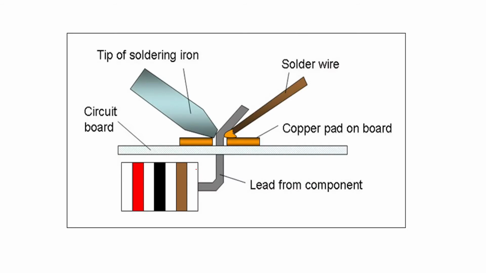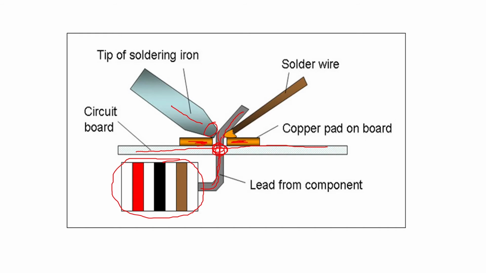Okay. So here again we have shown the tip of the soldering iron. So this is your soldering iron, and here you can see the tip of the soldering iron. These are the two things which you have to join, and here you can have a lead of the component. Now this is your component. Okay. Now here we have shown a component, and then here is your circuit board. You have made a hole in the circuit board here, and the component lead is taken on top. Okay, and you have to connect it to the copper lines over here.